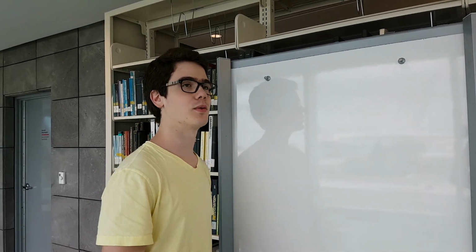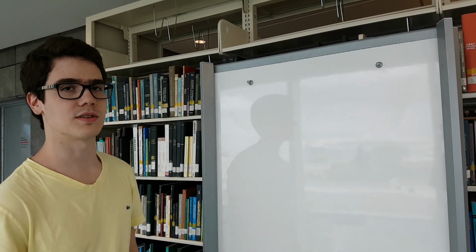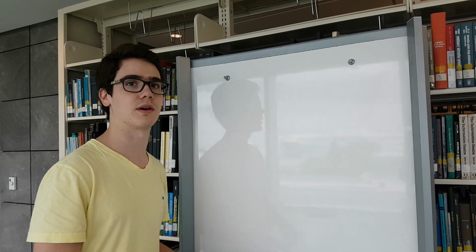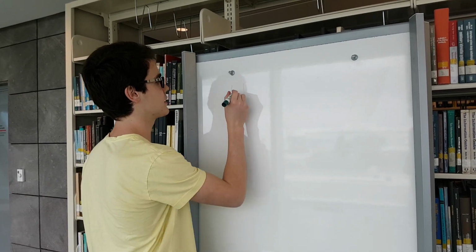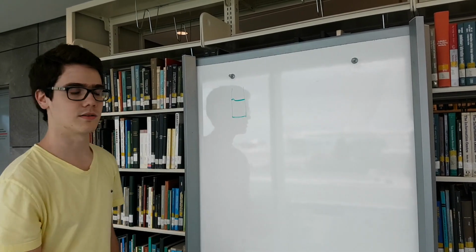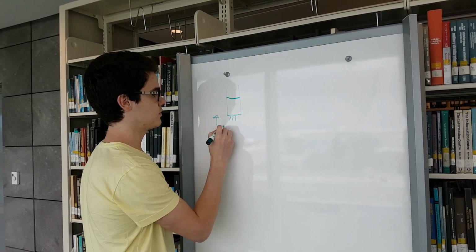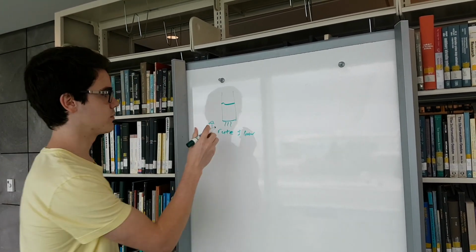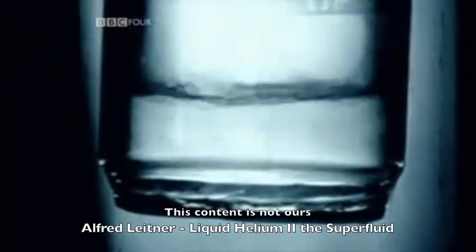So last time we were discussing a contradiction in the experiments. That is when Fritz London proposed a new theory in which the liquid helium was part superfluid and part normal fluid. In the capillary experiment, the helium fluid was on this base, dripping with a greater rate of flow, only the superfluid part. So this part here was the superfluid. But the moment the helium turns superfluid, it leaks through.